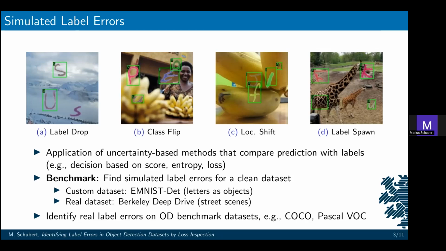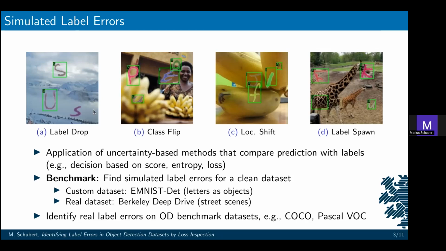For this, we use a self-built dataset that has EnLIST letters labeled on COCO background images, as well as a real public dataset named Berkeley DeepDrive, where the data is filtered by day and good weather conditions. So the EnLIST dataset can be seen here on top, where we also simulate 4 different types of